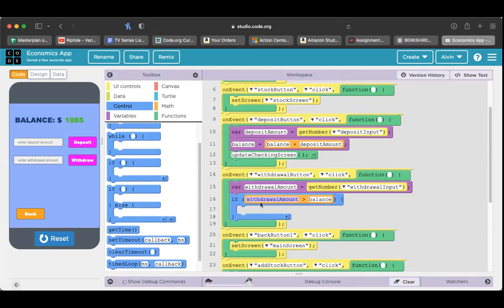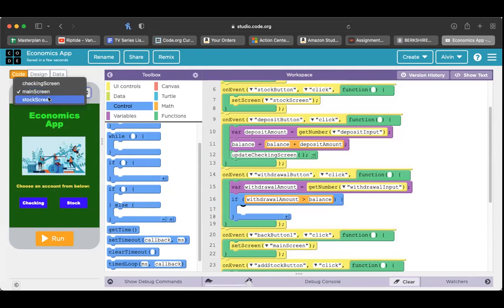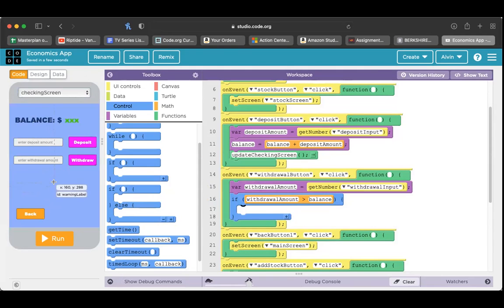And if it is, we have to print that error message. Reset, we'll head to our checking screen, just so, warning label is what it's called. If it is greater,